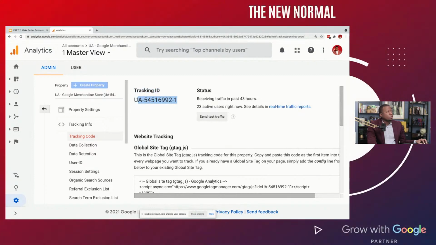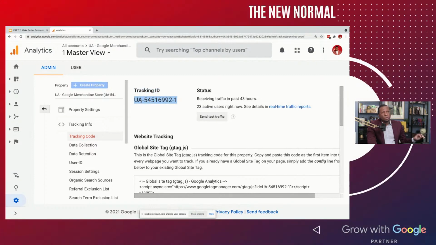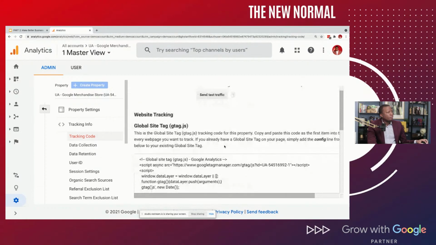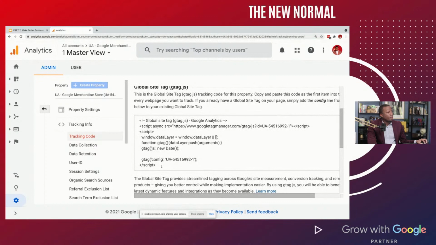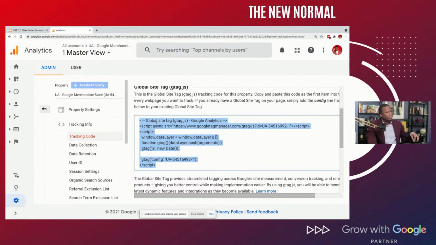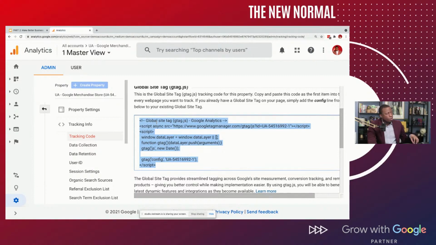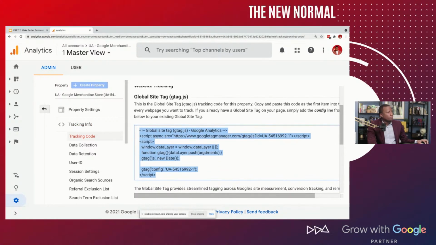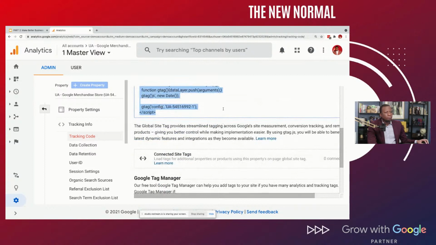What you would do is just copy this code and cut and paste it into your website, and that way it can track you. Or you can take this code right here, copy it again, and put that into the HTML of your website. And that is the easiest way to track your website using analytics. It's just copying that code and making sure that code is in your website.